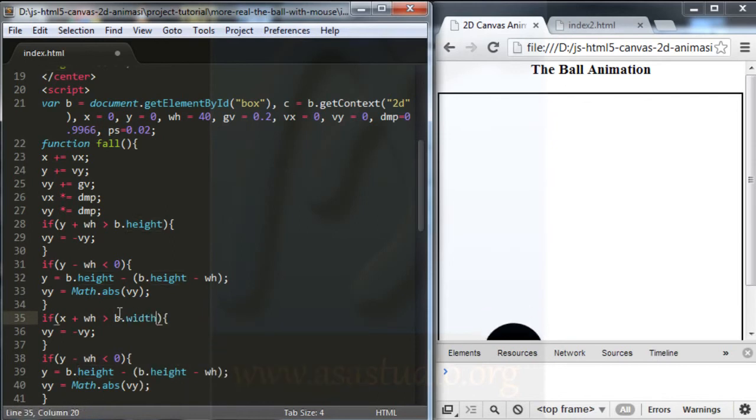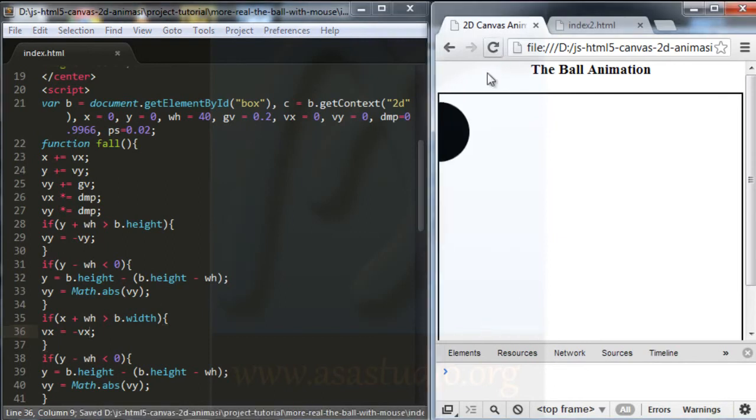I change this parameter, and here I change vx equal minus vx. Okay, maybe like this. And if I save and I try,